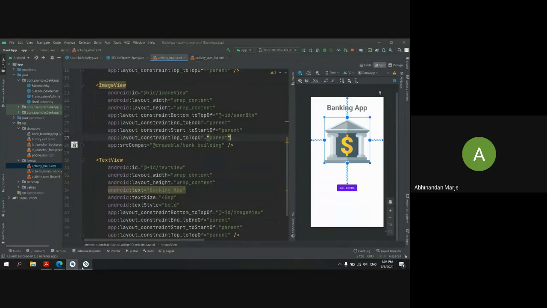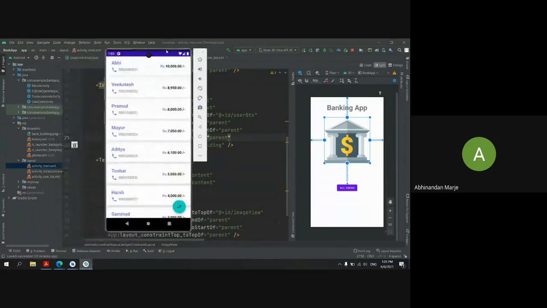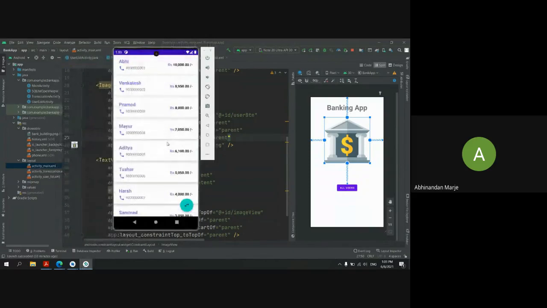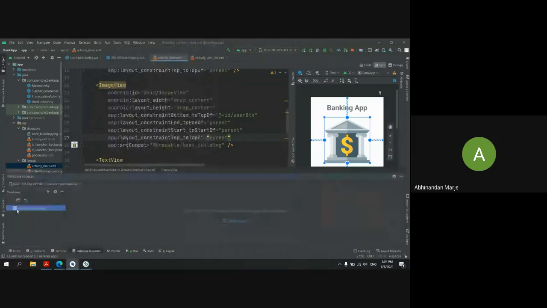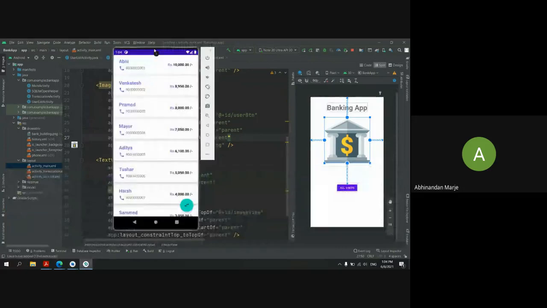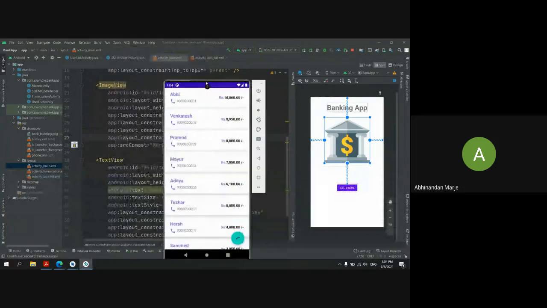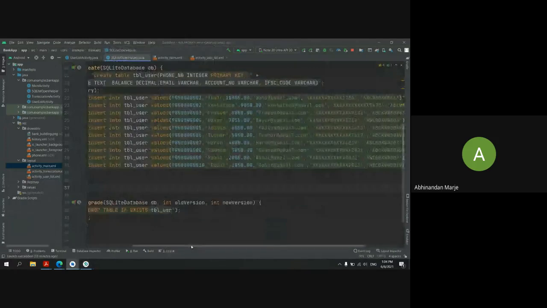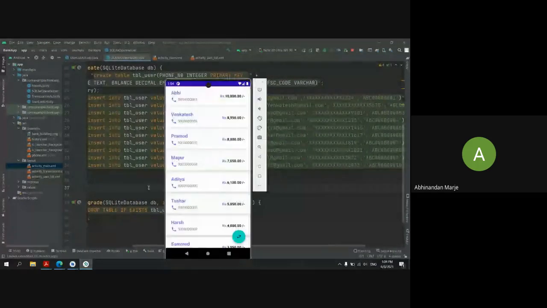So in today's task, we are going to populate this screen using our recycler view, right? In this screen you can see I'm getting all the data from my database. Hope my data, yeah, it is not loaded. It will load after. Yesterday I was populating the database with all the users and all their details, and we are going to need some details for today.